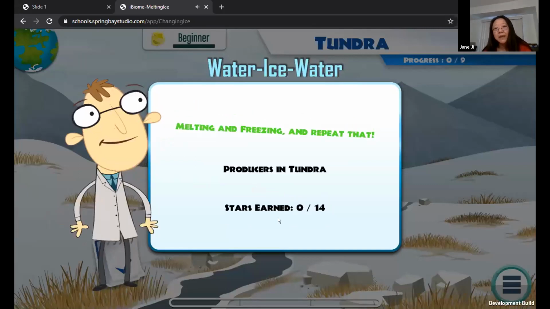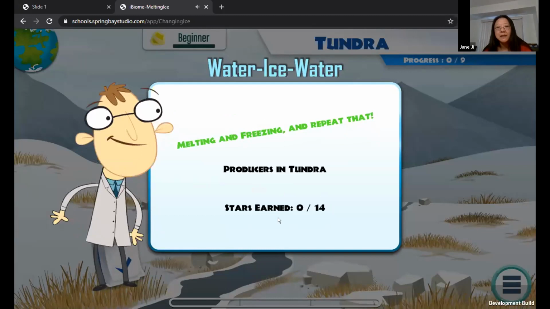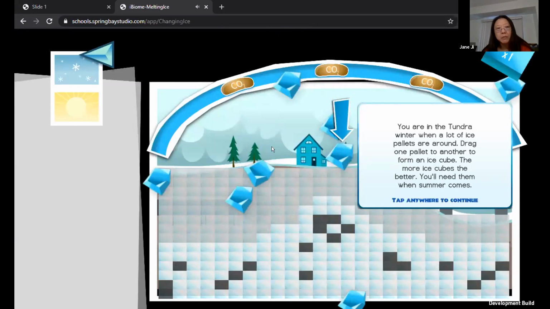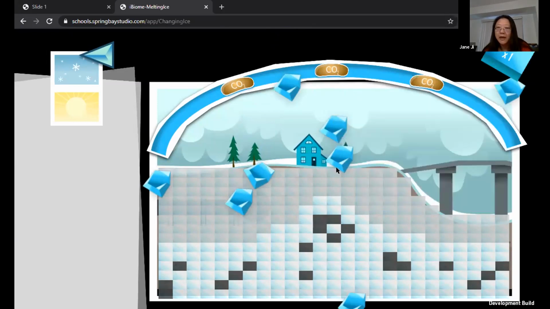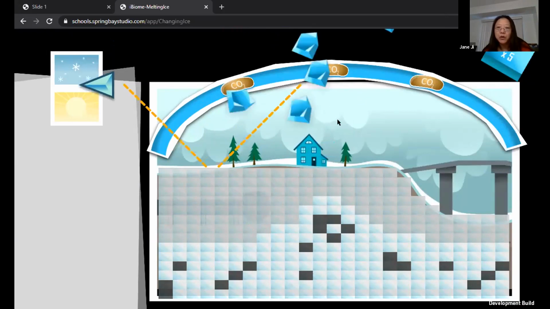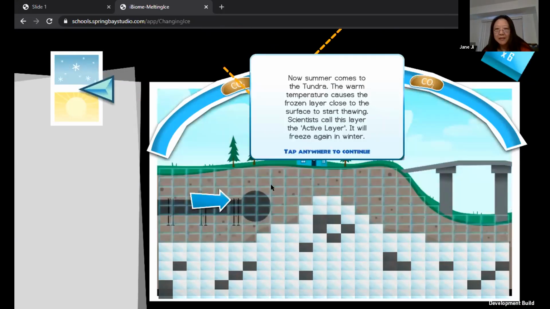So this is really a slowed-down piece for the tutorial, which you can also find in the other game that I just showed you. What we're talking about here is a virtual representation of the permafrost, and you're in the middle, and what does tundra winter look like, what are those, and how do they interact? They connect the things together, so there are some game elements to that. But not only this, we also teach them, this is when summer comes to the tundra, and then this is the active layer, about the science, the earth science, about the permafrost thawing.